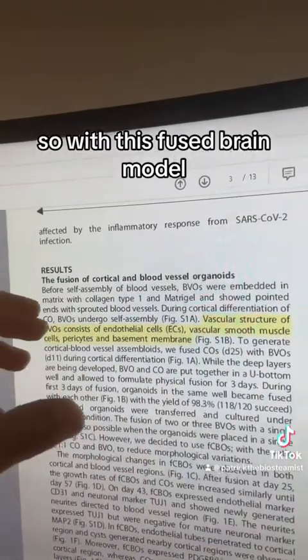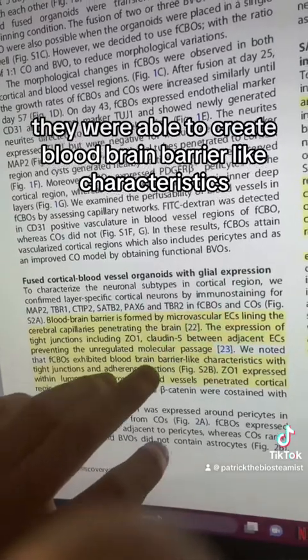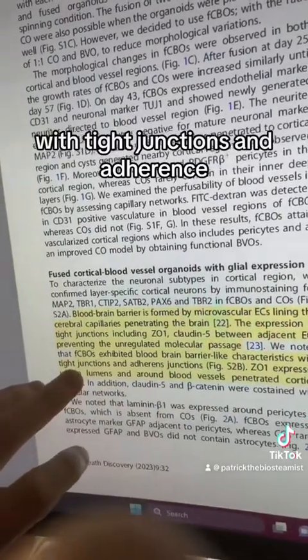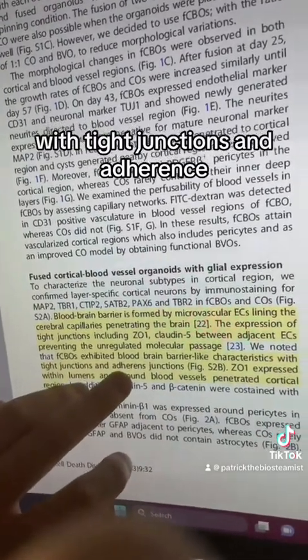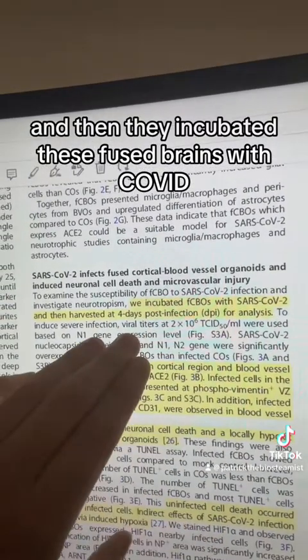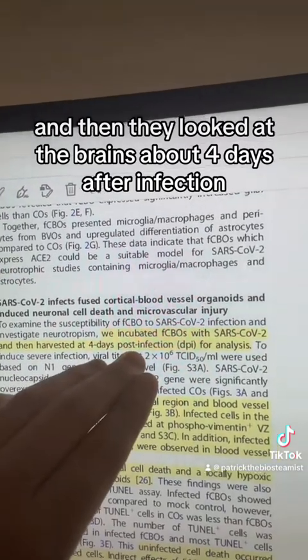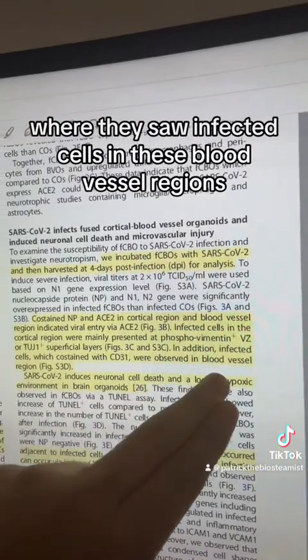So with this fused brain model, they were able to create blood-brain barrier-like characteristics with tight junctions and adherence. And then they incubated these fused brains with COVID. And then they looked at the brains about 4 days after infection, where they saw infected cells in these blood